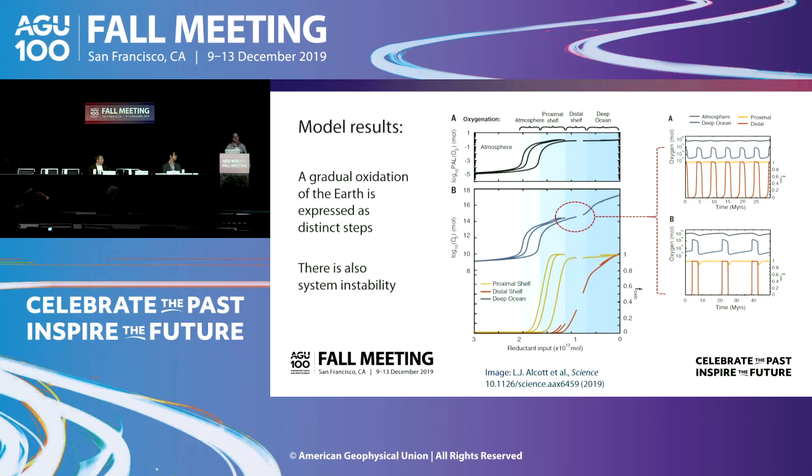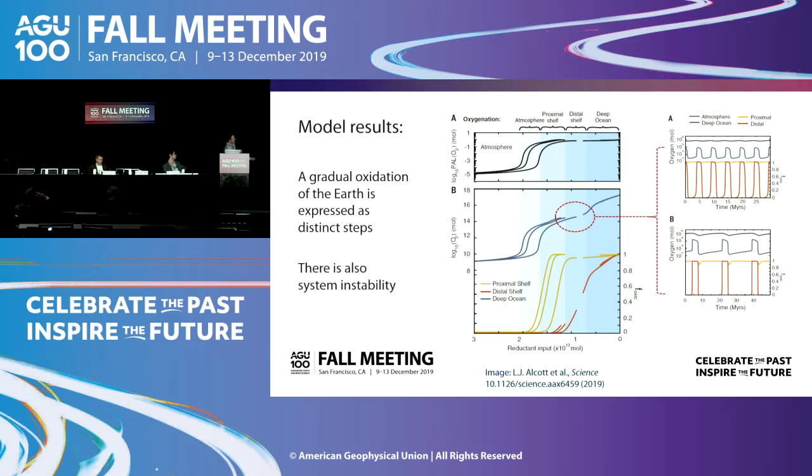So on an ancient planet with a very hot mantle, we expect more reduced gases to come into the system. And as that mantle's cooled over time, we expect that input of reductant to have decreased. That's one way that gradual oxygenation of the planet might have been achieved. But what we wanted to do is to see if we put that into this model, would oxygen go up in steps, or would it just go slowly up? And you can see what we get is these stepwise increases.